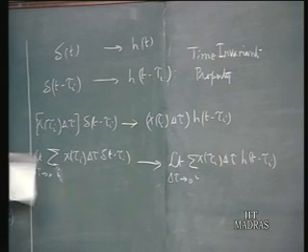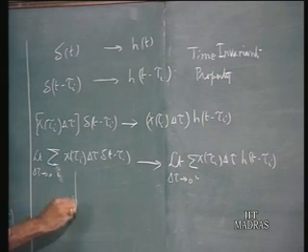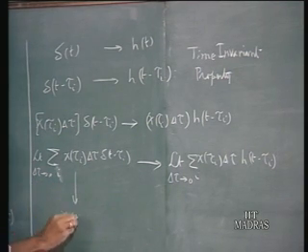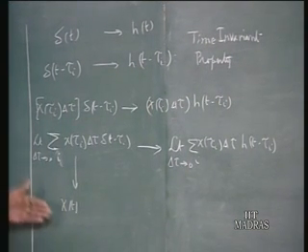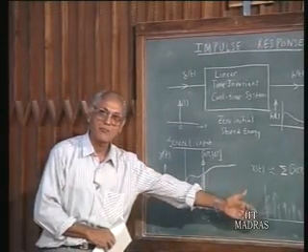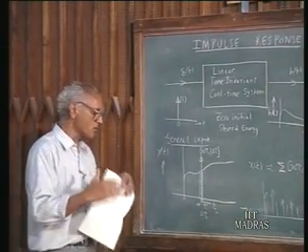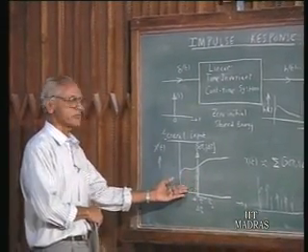So in the limit, this entire thing goes to x of t. As you make delta t go to 0, all these impulses are equivalent to the input x of t, as we have seen. From x of t we have generated these impulses. You make them closer and closer, and approximately that will be the same as your x of t.